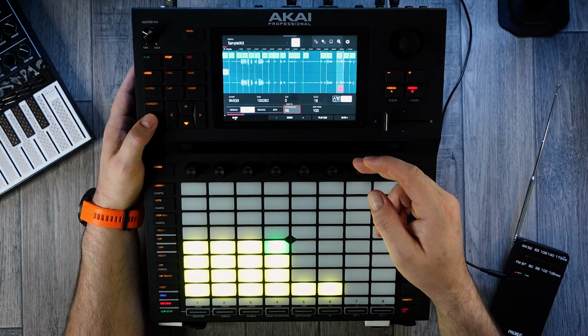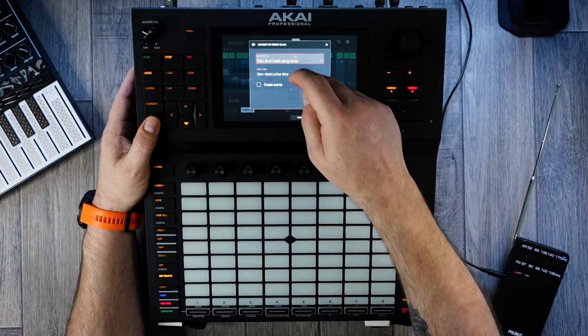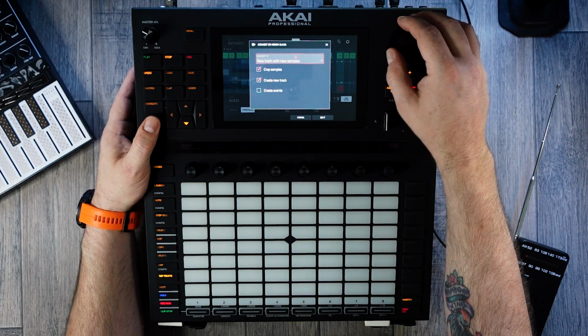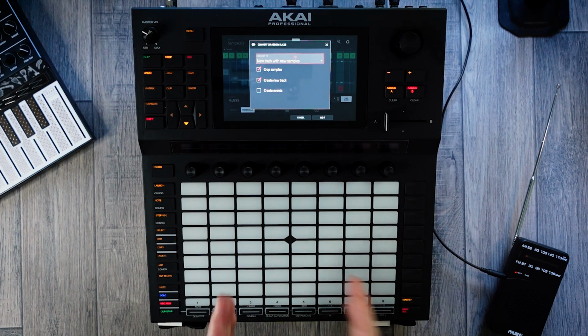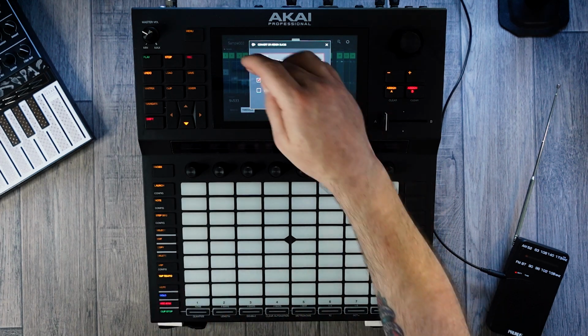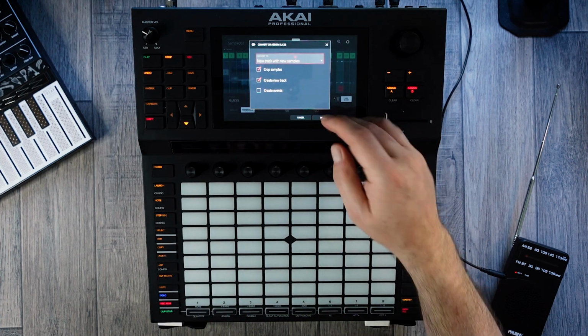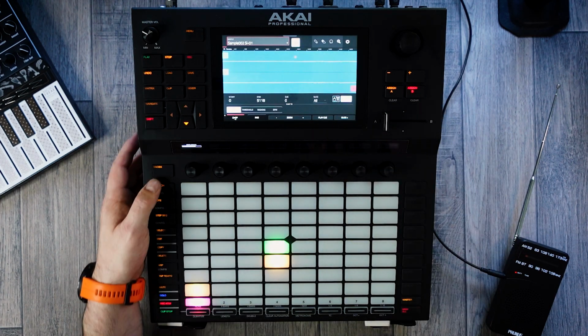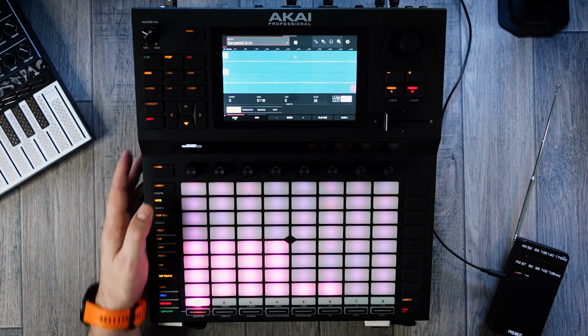So what I'm going to do now is turn that into a new track with samples, basically turning it into a kit. So we press Shift and Convert, and I'm going to go for a new track, and I'm going to use new track with new samples, which is going to turn each of these into a different sample, and it's going to crop them for us as well. I don't know why I don't normally do that. I just want to see what happens. So that's done. So if we come out of pad mode and go to note mode,